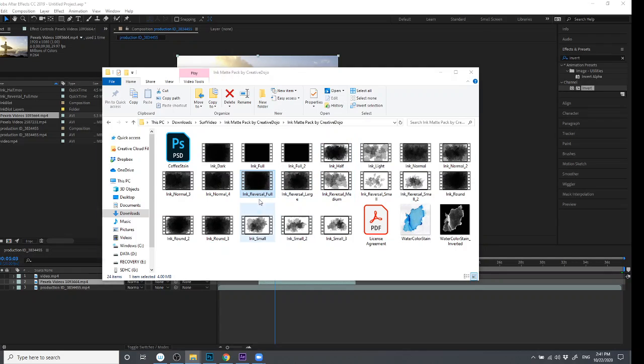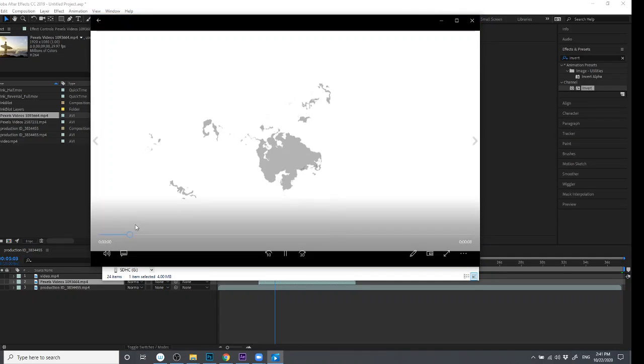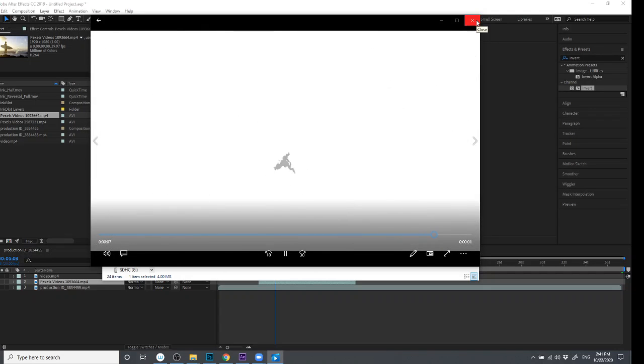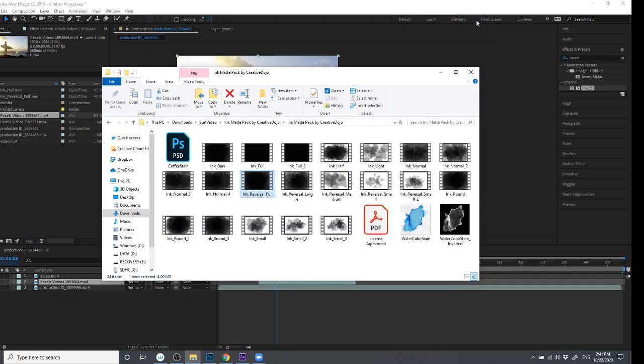This is one of my favorites because it goes from complete white to just black, so you can transition from one scene to another. Oh, and it goes backwards too, so that's very cool. We'll be working a little bit with that, and I'm going to show you guys how to make one of these at the end. Anyway,